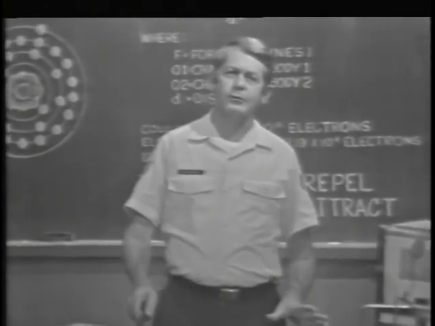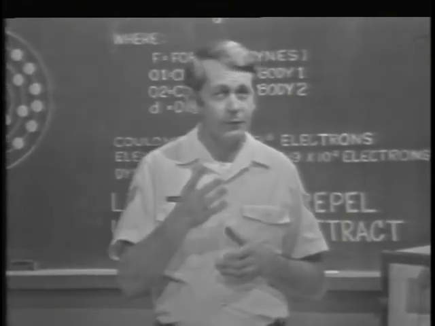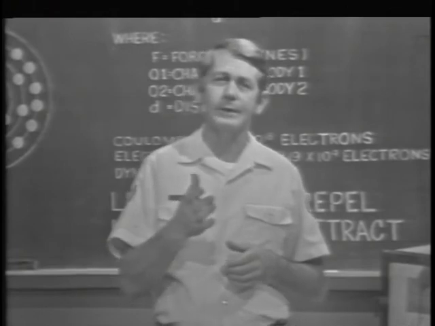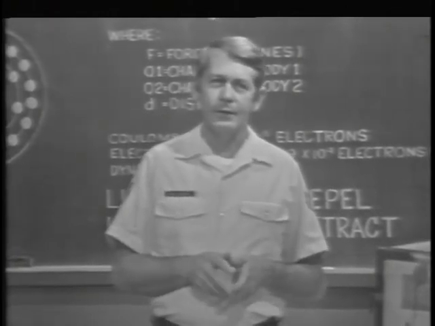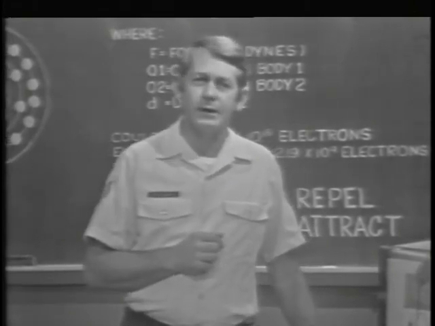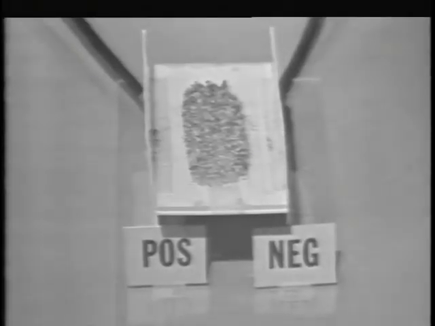Now, in this demonstration, the attraction and repulsion occurred because an electrostatic field is developed between the charged bodies. Now, don't let the term electrostatic field throw you. It's nothing more than the unseen force about a charged body. We can determine what the field is by using the demonstration we saw at the beginning of the lesson. Now, I'll place a positive charge on one metal plate and a negative on the other,